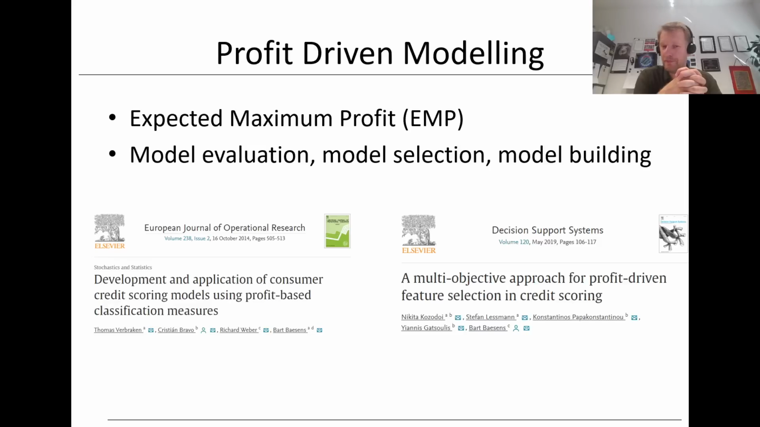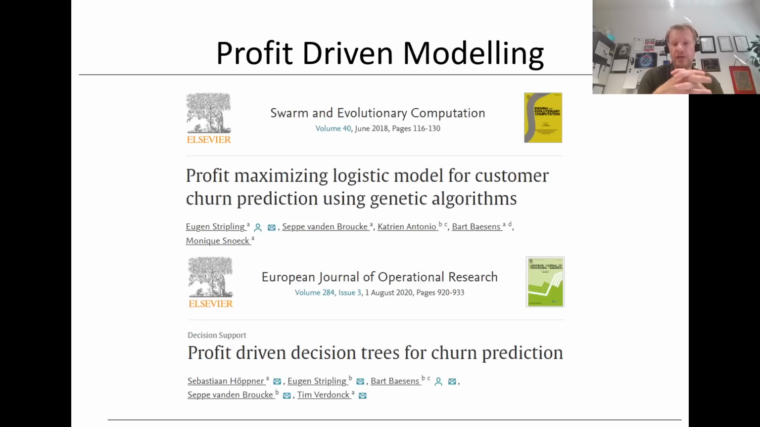And finally, if you want to go all the way, you could do model building in a profit-driven way. Basically what we did was, in earlier research with Eugen Stripling, who was a former PhD student of mine, we developed an extension, a new type of logistic regression. Logistic regression is a standard classification technique, but the way the parameters, the weights or the beta coefficients are estimated is by maximizing a statistical likelihood function. At the end of the day, you're not that much interested in a statistical likelihood function, but you're interested in